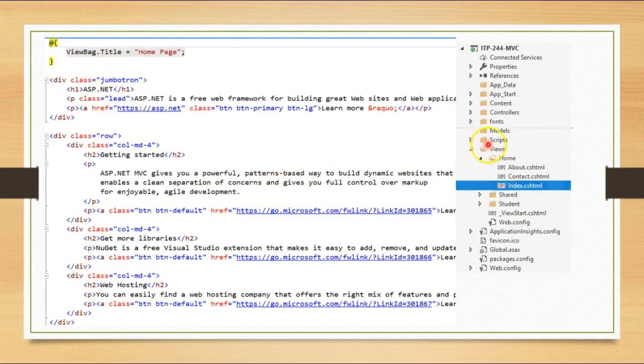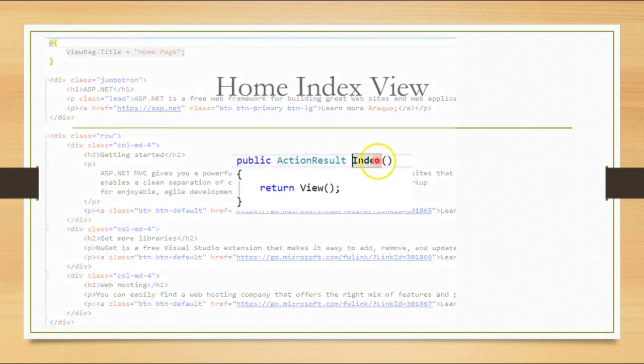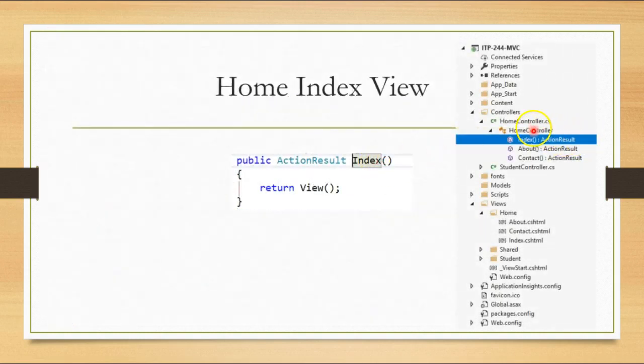So now let's look at our controller. And in our controller, we have a method or an action called index. Here is the code for the index. The index calls the view. The view is down here, which is the index under the home folder of the view. So if we run this home page,